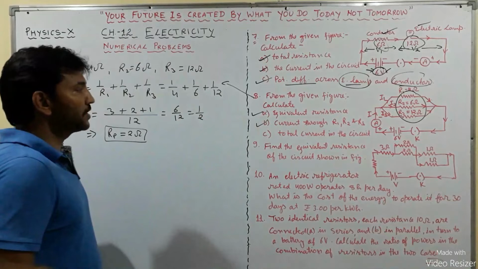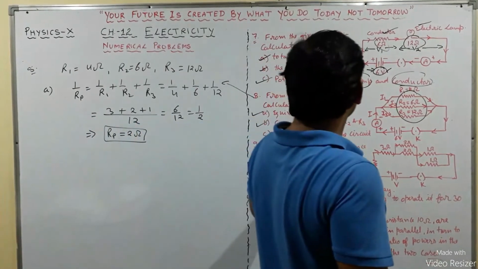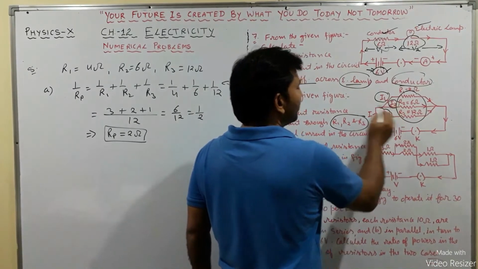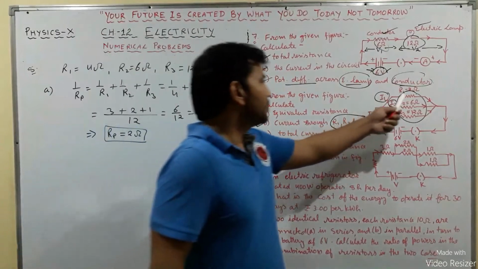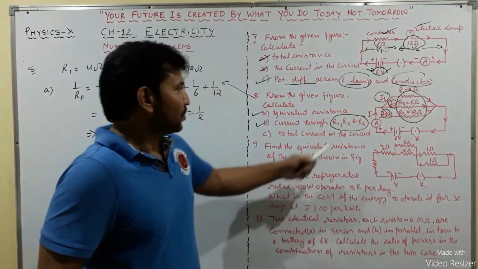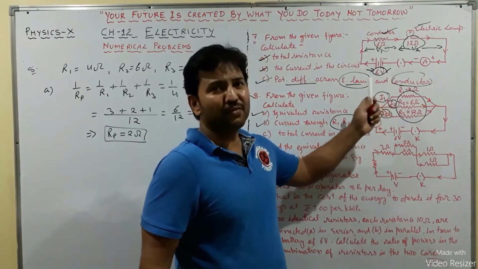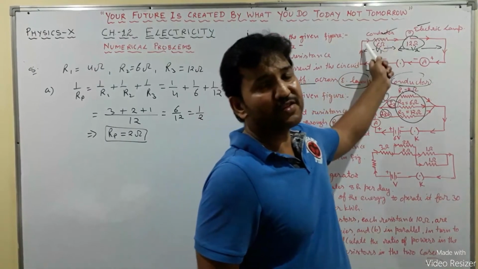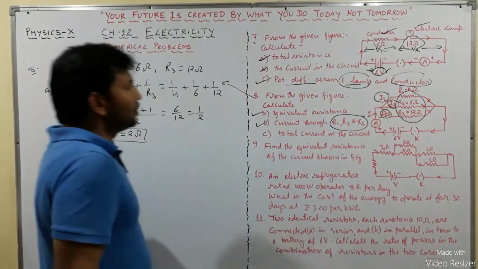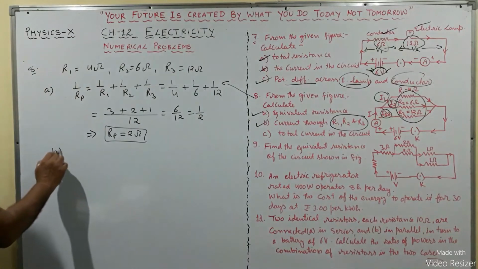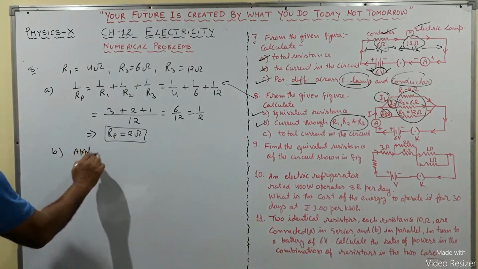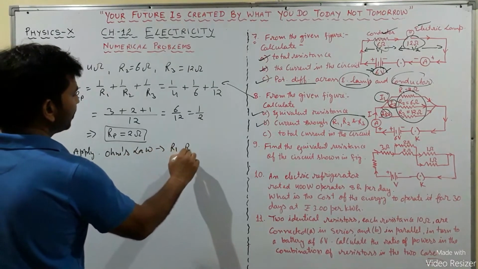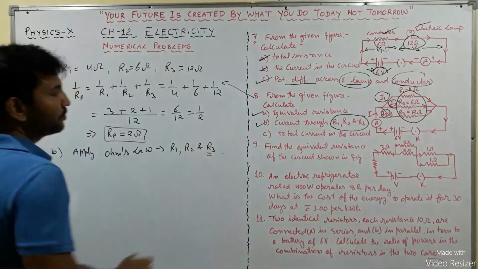And what is there in the second part? We need to find the current through each resistor. That means we need to find I1, I2 and I3. Since these resistors are connected in parallel, different current will flow through each resistor. But in series combination, the same current will flow. So again, we apply Ohm's law on the three resistors R1, R2 and R3. Then we will get